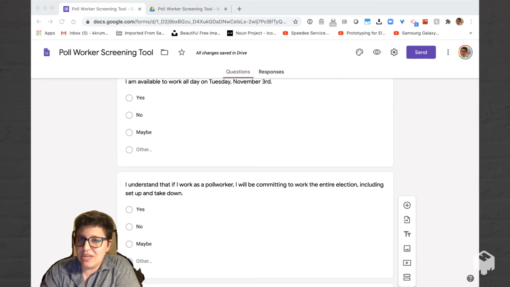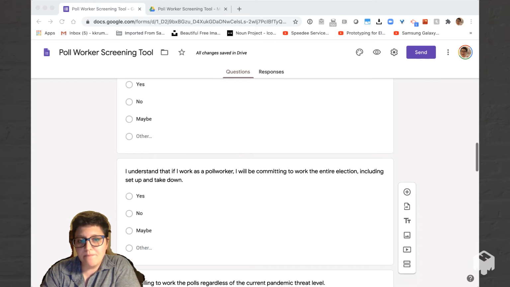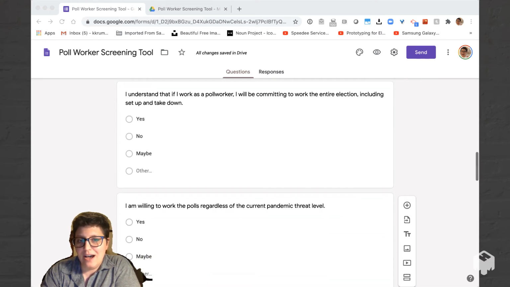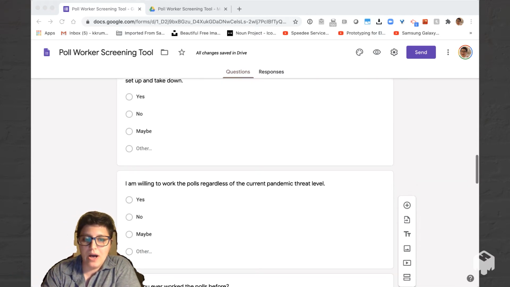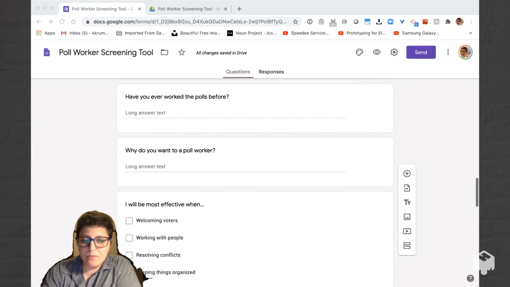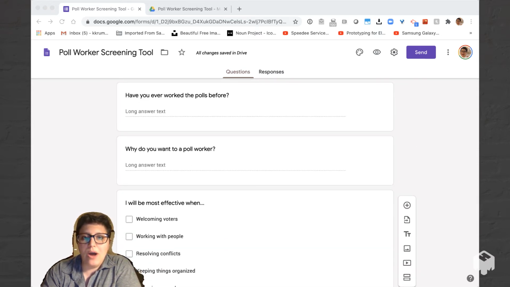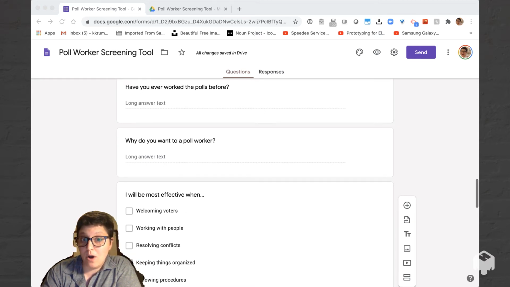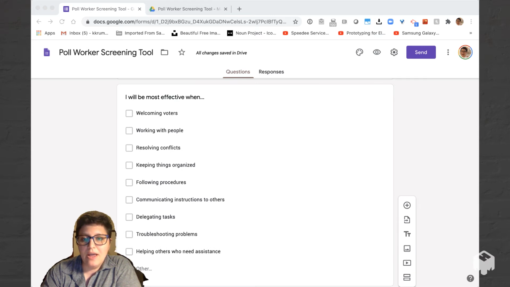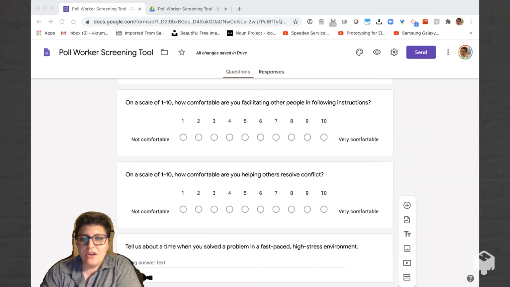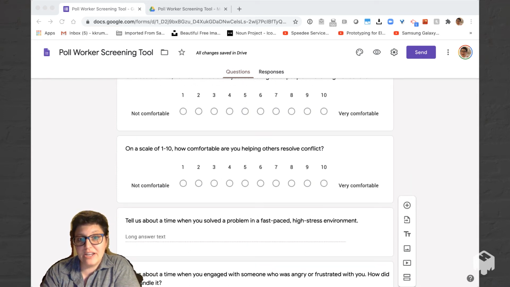There are some questions around communicating expectations to the poll worker and what the commitment is. And partly that's about gathering that information, and partly that's about communicating to them as well what's expected. And then there are some questions about their experience and their skills. So asking, have they ever worked at the polls before, why they want to be a poll worker. Some questions about where and how they feel like they will be most effective in that environment. Also some questions around comfort with facilitating and working with instructions and communicating instructions, comfort with resolving conflict, and then